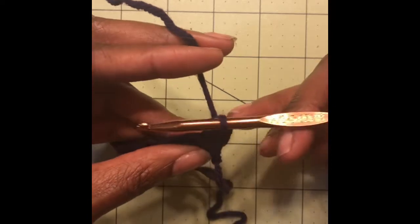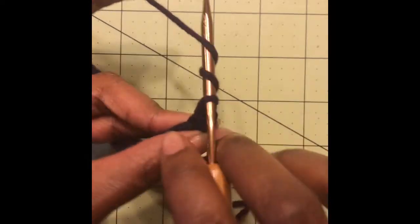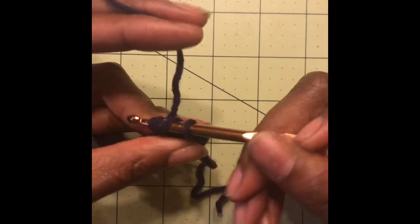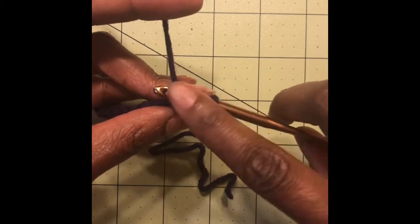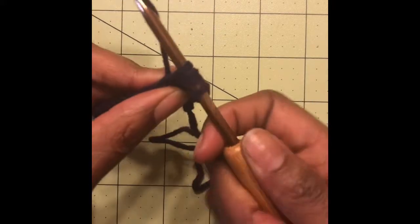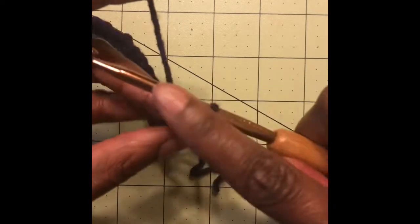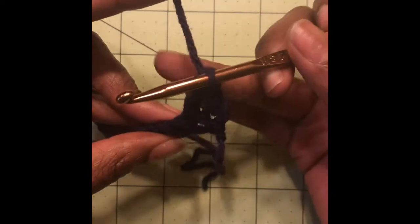Okay, now we'll go ahead and start our treble stitch. For our treble stitch, you're going to yarn over twice. 1, 2. Insert your hook into the next stitch. Pull up. Remember, try to do this loosely. So right now you have 4 loops on your hook. You go ahead, yarn over, pull through 2. You have 3, yarn over, pull through 2. You have 2, yarn over, pull through your last 2 loosely, guys,